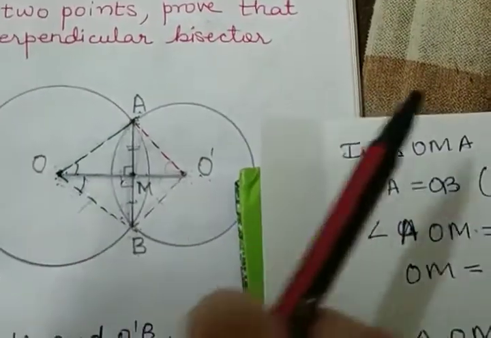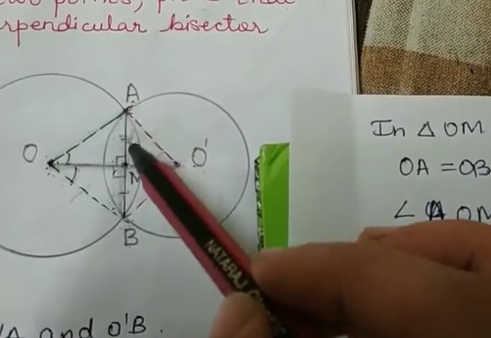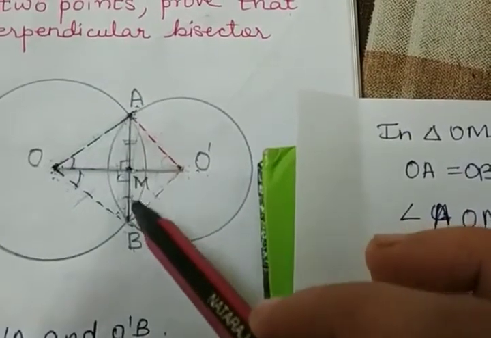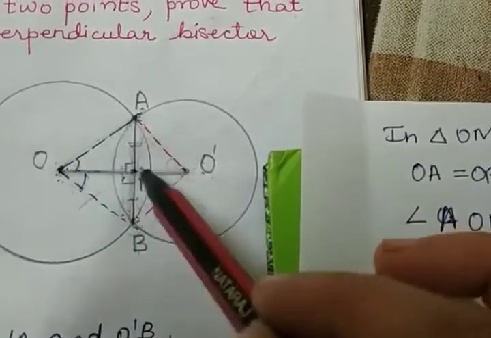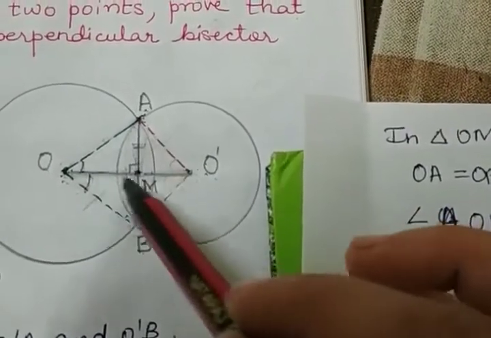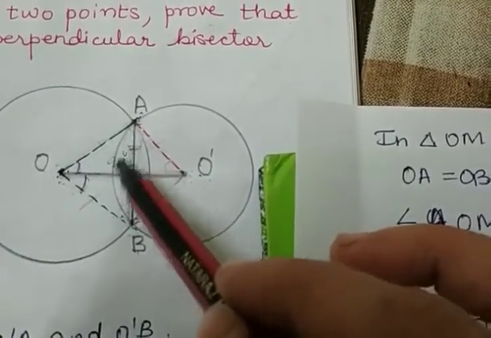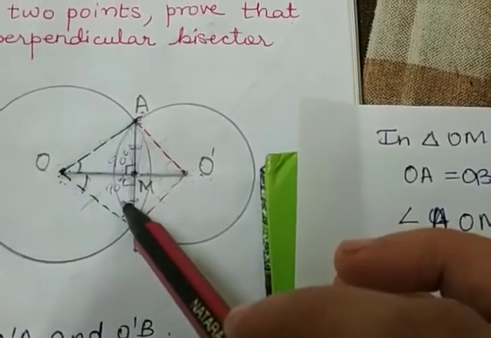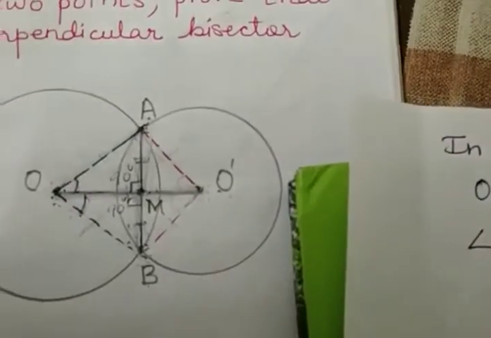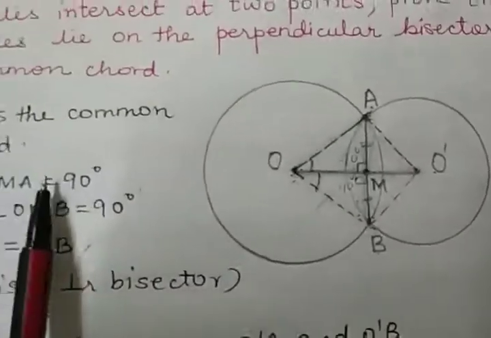So we got this. Now also this angle will be equal to this angle. There are two ways of solving this. Now you can either say that this angle is equal to this angle, okay, and these form a linear pair. So this angle plus this angle should be 180 degrees. So since they have to be 180 degrees and they are equal, this should be 90 degrees and this also should be 90 degrees, because both the angles should be equal and they form a linear pair, so it has to be 180 degrees. So both the angles should be 90 degrees.